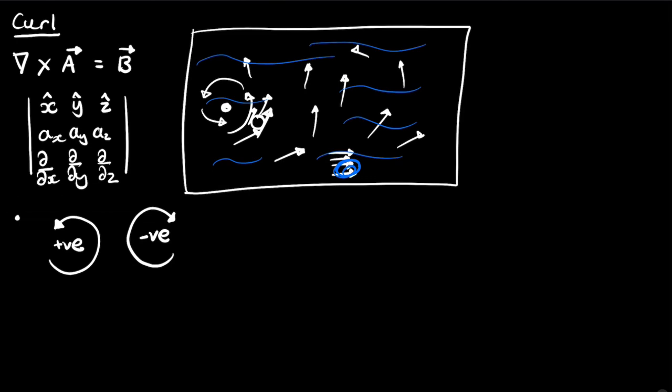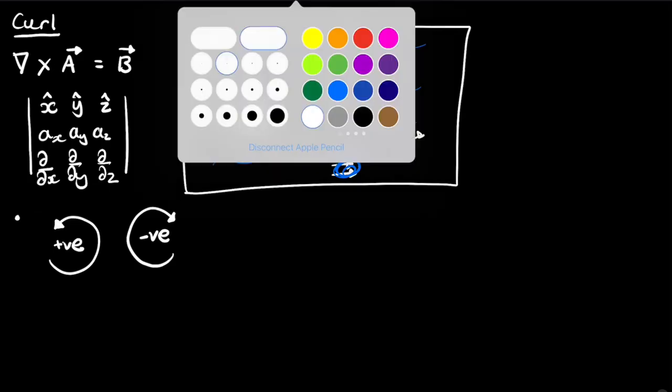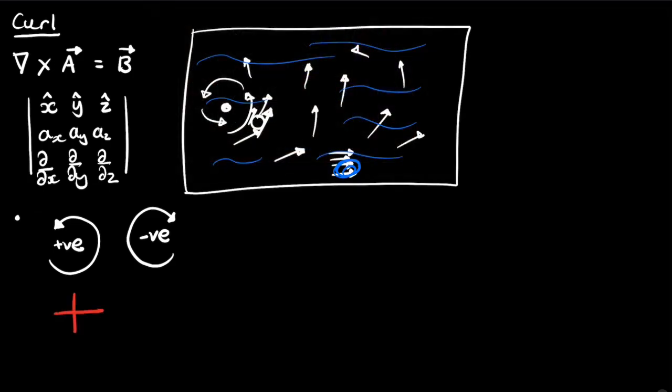This is in line with the right-hand rule, the right-handed coordinate system, which is the convention that most physicists like to use. And so once again, to refer to the paddle wheel, if the paddle wheel rotates in this way, then you know that this region of space has positive curl,